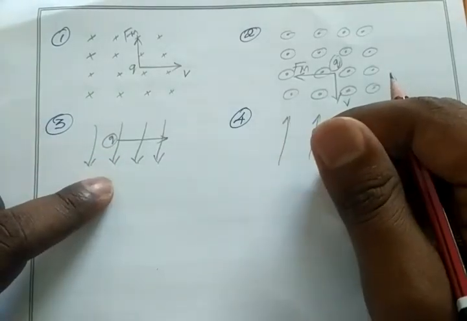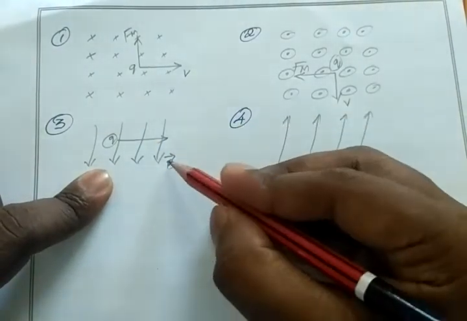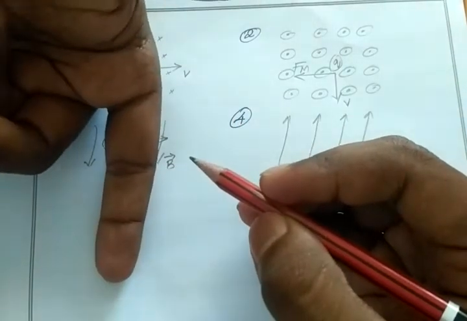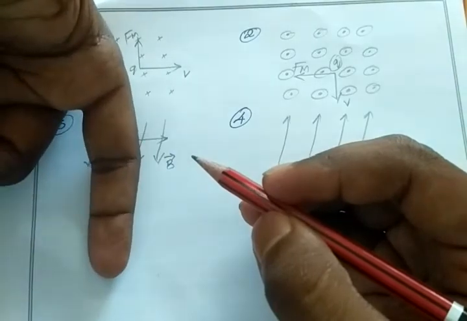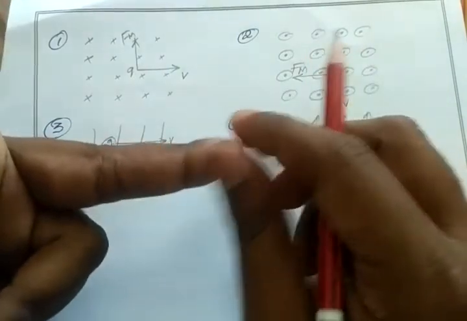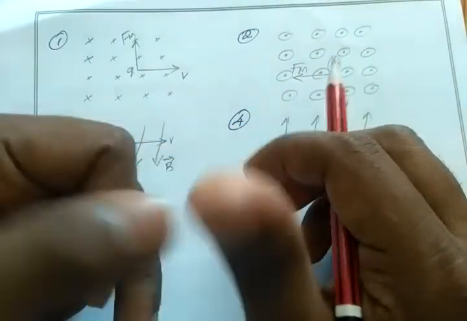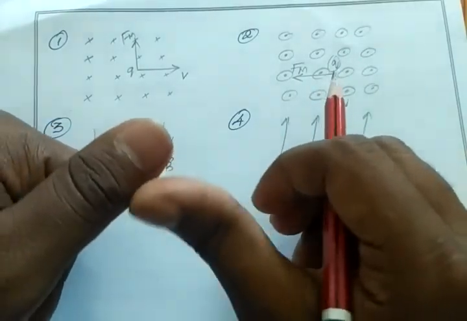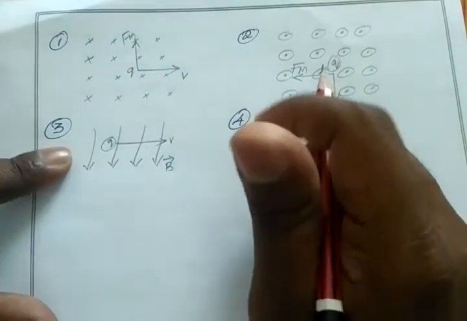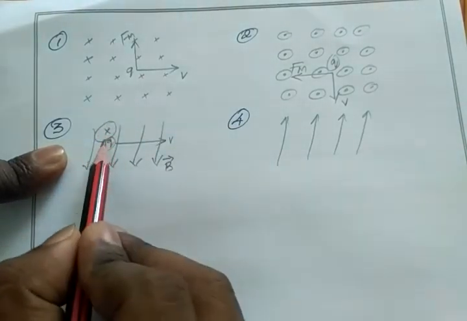Okay. So my magnetic field is coming downwards. So my forefinger should be in the direction of the magnetic field, coming downwards. The charge is moving in this direction, so my middle finger is in the direction of movement of charge. Then my thumb shows the direction of magnetic force. So my thumb is going inwards. If you try it yourself, you can find it. So here the answer is inwards.